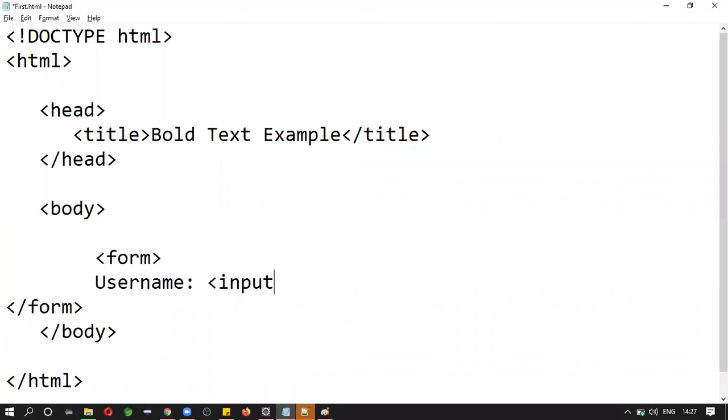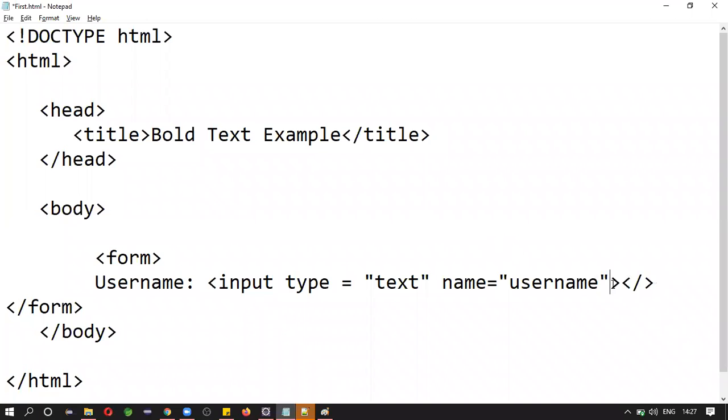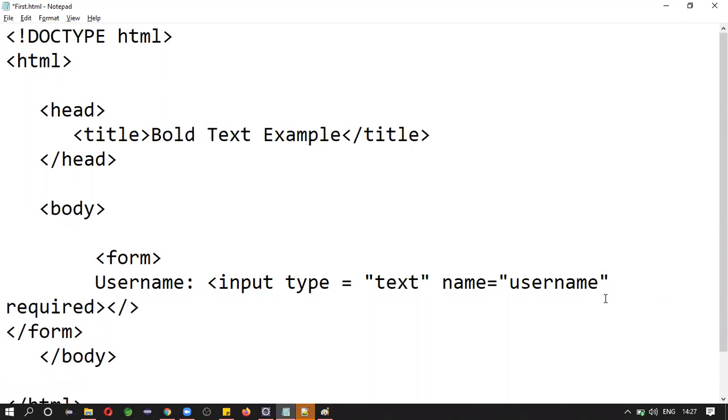You can write like this: input type is equal to text, name is username, and this is required. Okay, if you mention required here, it will be mandatory, it will force you to enter the value.